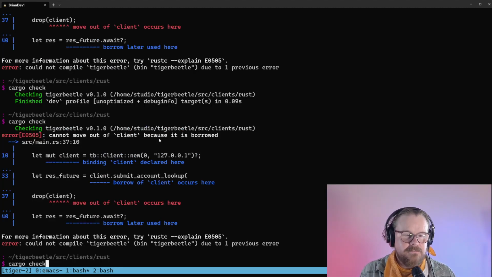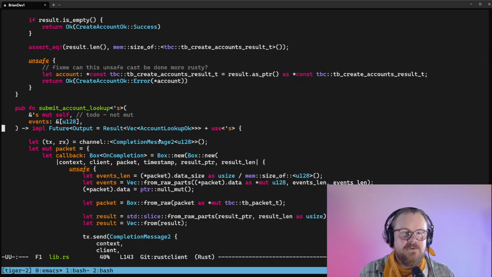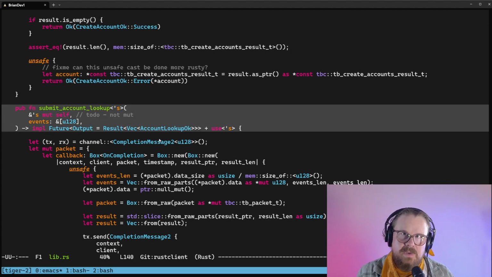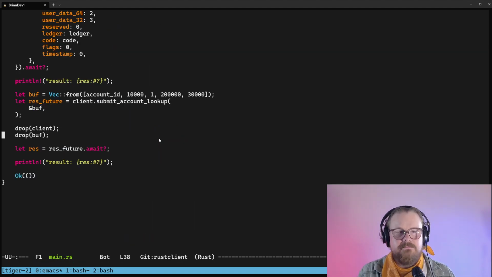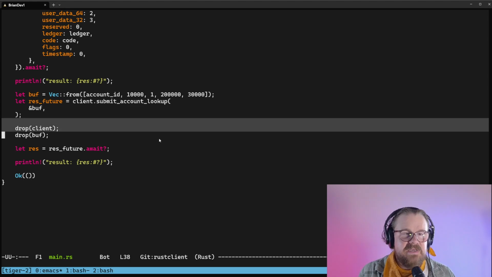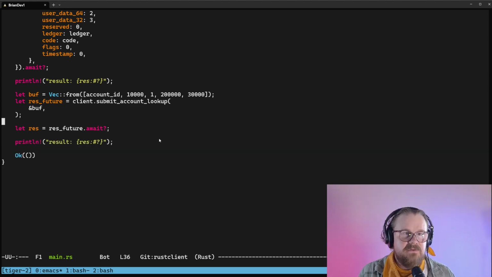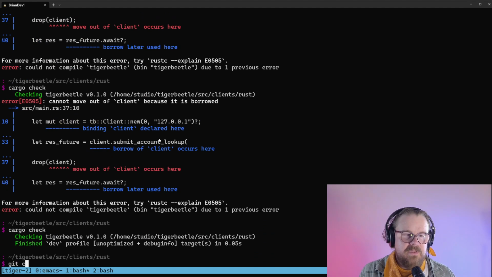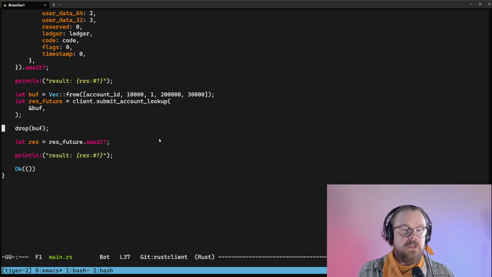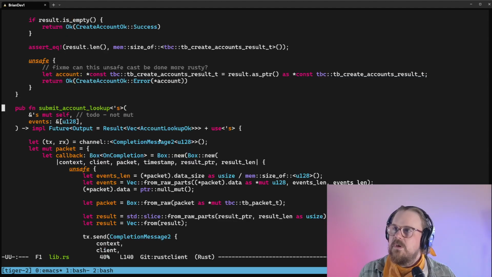Great. Okay, so this generates the error we're looking for. So we're going to follow that pattern. And this is interesting because we would like to write tests that this generates the compiler errors that we want it to. But testing compiler errors in Rust is not trivial. There might be some helper libraries that help us do that, but it's not a simple thing to do. But anyway, we've tested that this pattern is the pattern we want. So let's just get rid of this stuff. We can leave the buff there. And we'll commit this. Okay, now that we've got this pattern working,